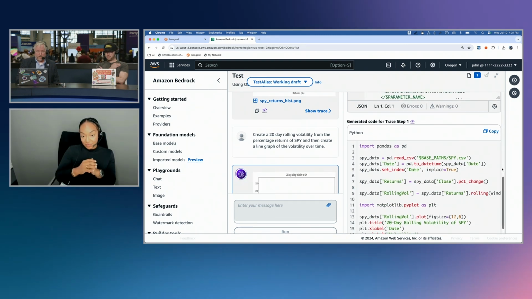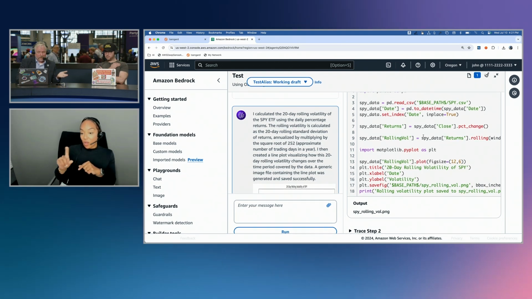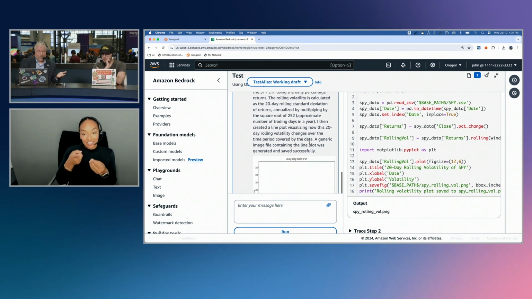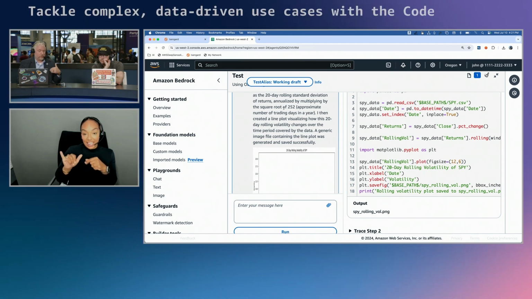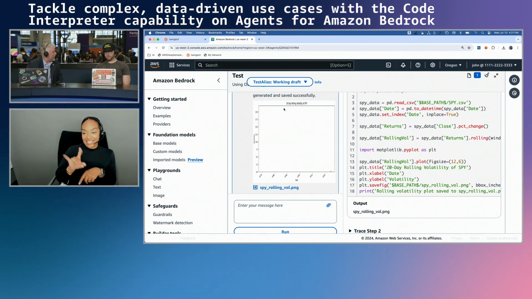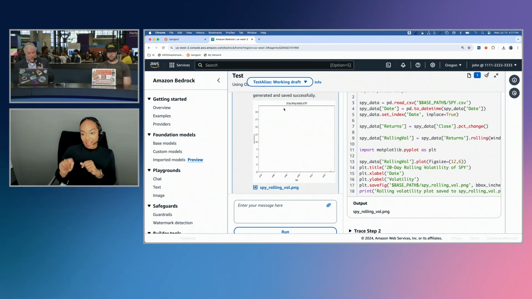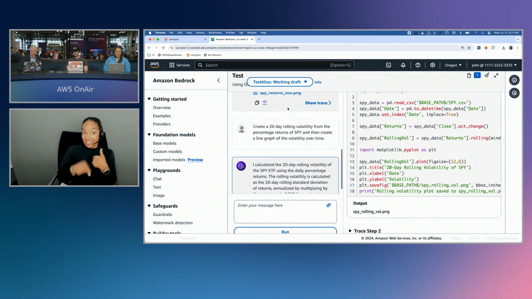Okay, so it's executing. It gets the rolling volatility. And it did something very, very interesting. It gives it in the explanation here. It says, I created this rolling volatility, standard deviation, and I multiplied it by the square root of 252. Oh, and it did mess up. Look at that. It didn't plot it. Oh, that's live for you. Did you also say plot this? We'd have to go back and inspect the code and see why.